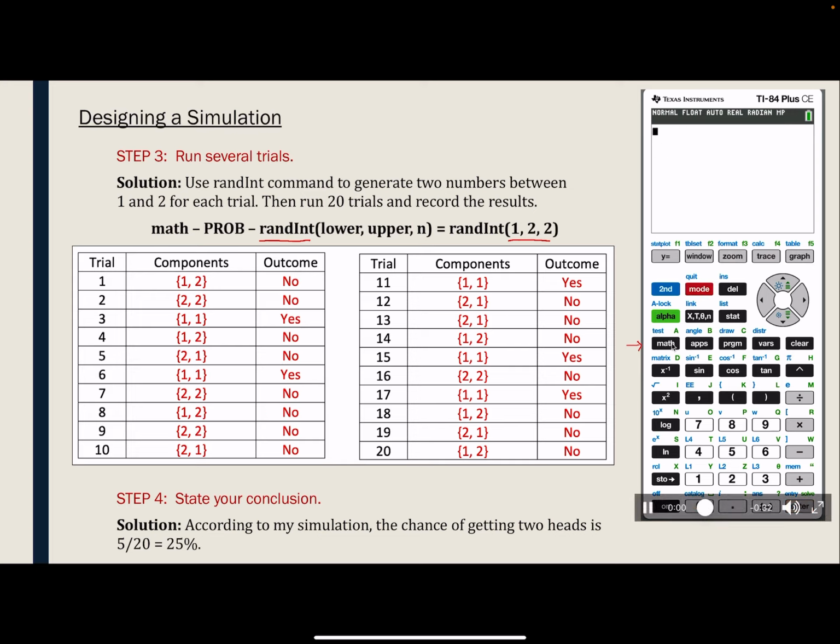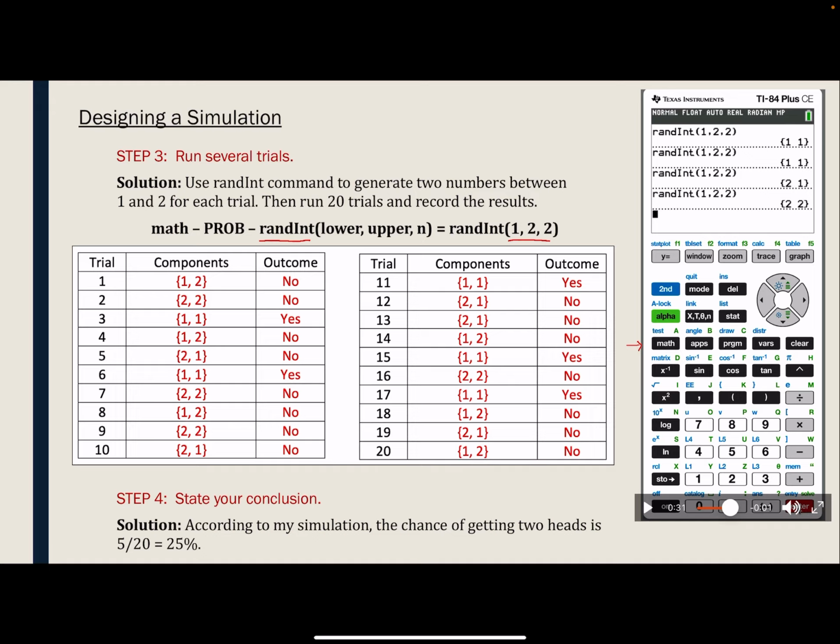Oops, it started over. I hate that. Okay, once you put in the randint command, you don't have to do it 20 times. So again, I'm just going to fast forward. Right here, I hit enter to get that 1, 1. And then all I did was hit enter again, and it immediately pasted and gave me another 1, 1. And then I just hit enter again, and it gave me a 2, 1, and then again, it gave me